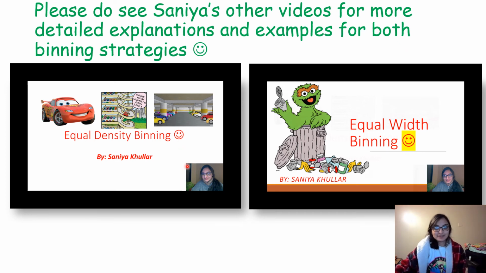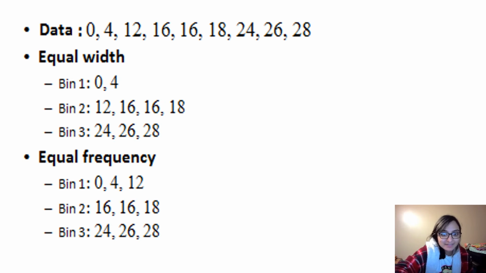There are trade-offs to each of the different types of binning, equal density binning and equal width binning, but I suggest trying them out and seeing what you get better results for in your analysis. But do bear in mind the concepts, and I do have videos for each of these where I go into depth with the concepts for them. But I want to just highlight this example for equal frequency or density binning